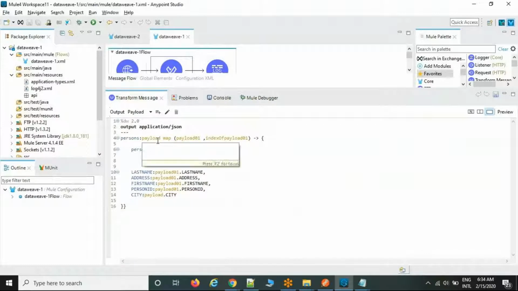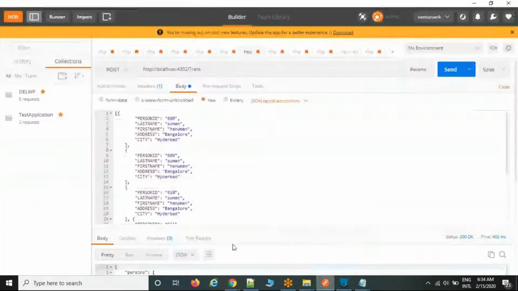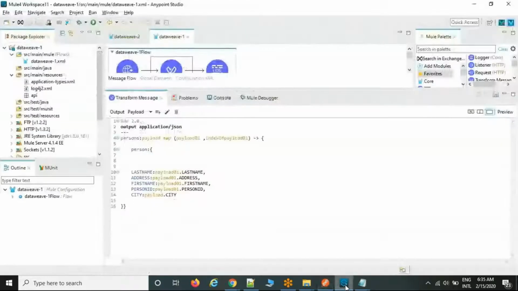Before, we did not have multiple persons. Currently we have a list of persons. In other programming languages, if you have a list, people use for loop, do while, this kind of looping operators. But in MuleSoft, there is no for loop or do-while mechanism. They use the map operator. By using the map operator, we apply looping in the DataWeave language. This is what we discussed last week.